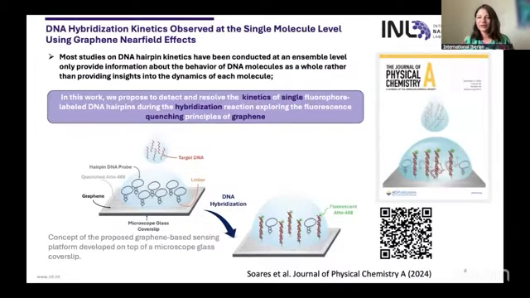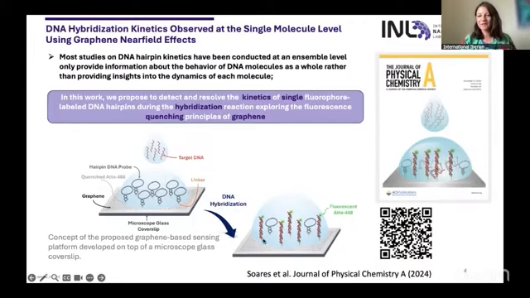Regarding the work on near-field super-resolution microscopy with molecular sensitivity, I wanted to highlight one of our recent papers where we were able to functionalize a graphene surface with a DNA linker that contains a fluorophore that is completely quenched in its starting state. And upon the addition of the target DNA, we are able to follow the DNA hybridization